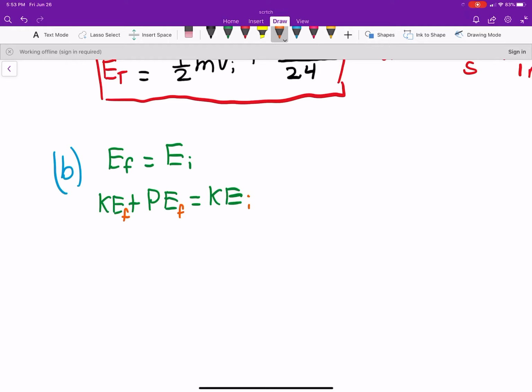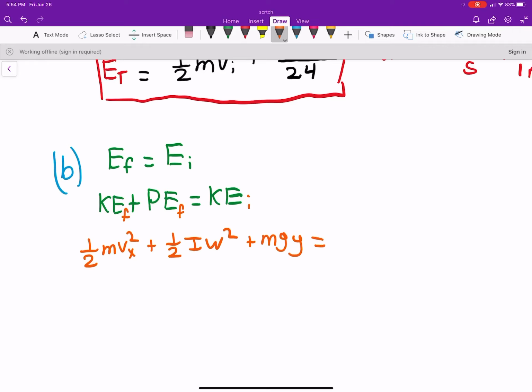So at the top, it only has a velocity in the x direction. So there's your translational kinetic energy, but it's also still rotating. So plus 1/2 I omega squared. I won't change. Omega won't change either because there's no external forces. Plus our potential energy due to gravity, m g y,